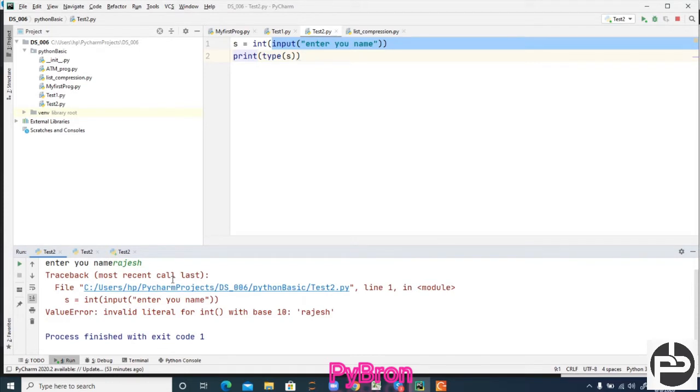Suppose you wrote one code and it should always take a number, but the user gave a string value by default, and that string value is not able to convert into a number.